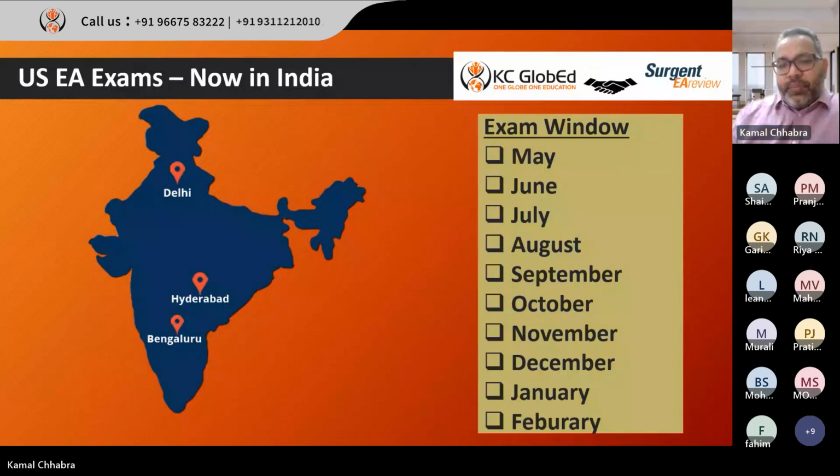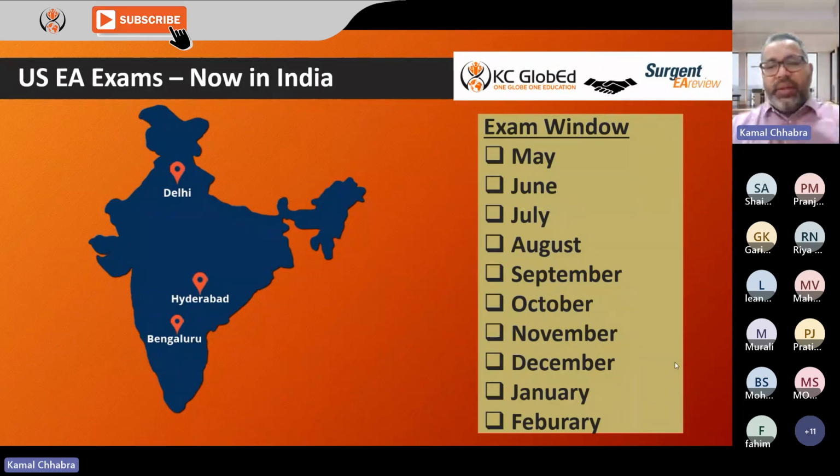It's not like your college exam, which happens in June and December. It is not like your school exam, which happens in March. That means as and when you are prepared for the respective exam, you can schedule it, right? It's not required that you give the exam on a particular date. And within the same day, there are three options: morning 9:30, afternoon 12:30, or late afternoon 3:30. So that means you have 900 exam slots in a year, right? How flexible it is.